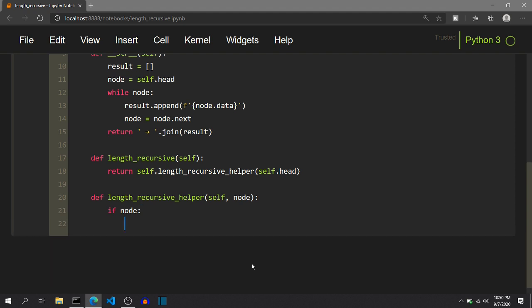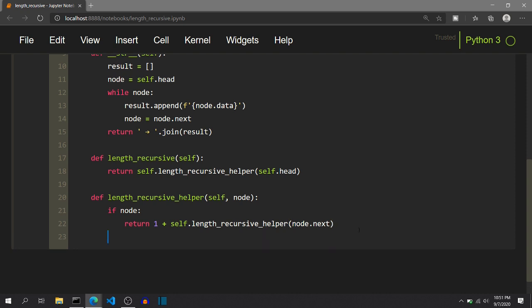So we first check if the node is not none, we will return 1 plus we call the recursive function again, length recursive helper. And as the current node has been counted by this 1, we can proceed with the next node. So we will pass node.next, and once the length of all the other nodes in the front has been returned, we will add 1 and return back to its caller.